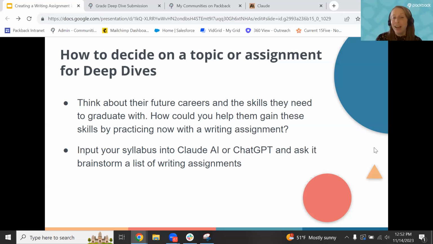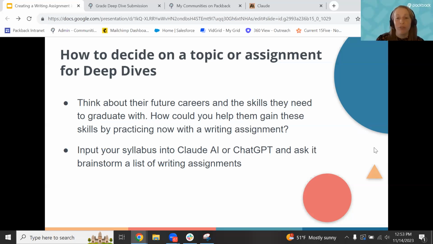Now, this last one is a bit controversial. So you all know that we are an AI company. We strongly believe in using AI for good, which is why we use instructional AI, so AI that is supporting the students as they write and not doing work for them. And I also know that some